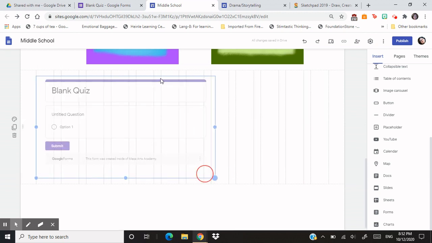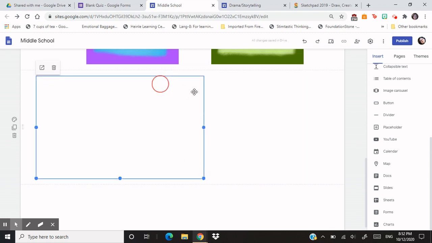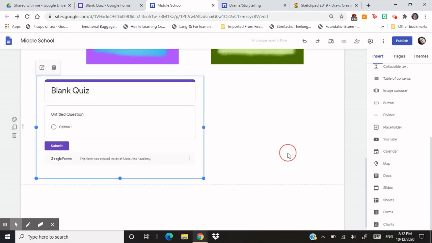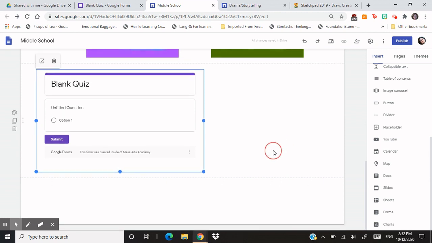So you can make it bigger, you can move it around, put it in the middle, or if you want to have instructions over on the side like you did for the video. Again, it's totally up to you. So those are just a few of the primary things that I use Google Sites for. You can also lay out all the steps of an assignment. So if there's multiple steps or there's more than one link or something like that, you can just create a text box,